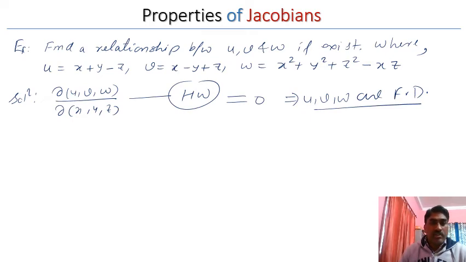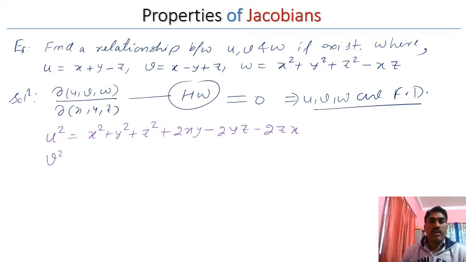So check that u square is equal to x square plus y square plus z square plus 2xy minus 2yz minus 2zx, and v square is equal to x square plus y square plus z square minus 2xy minus 2yz plus